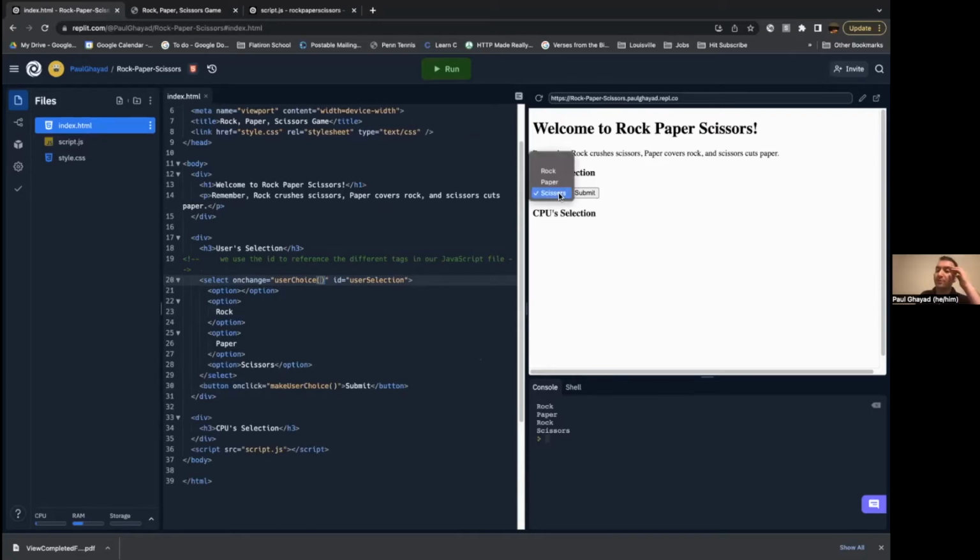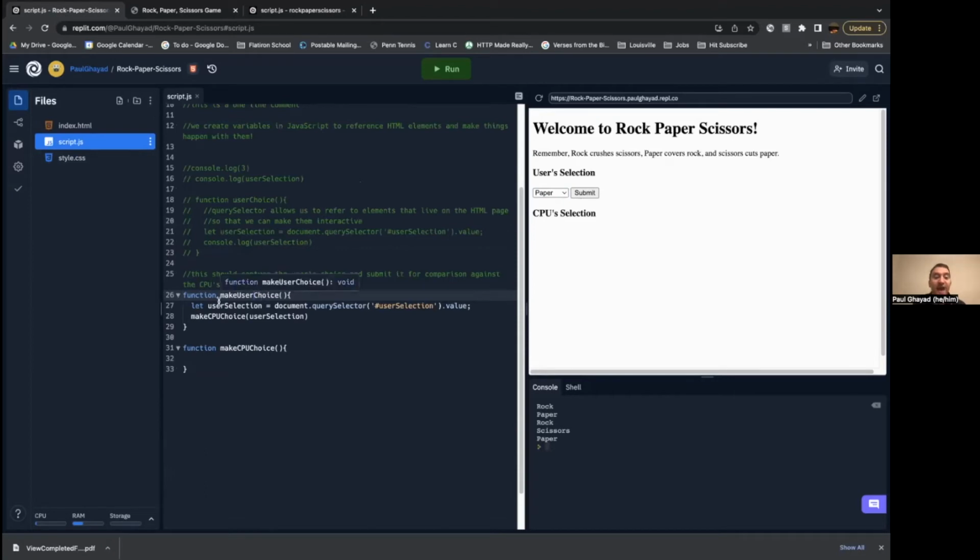So we don't want to compare our choice with the CPU's choice when I make a new selection. We only want to make the comparison when I click submit. That's why I'm using an on click instead of the on change. So when I click the button, run this function called make user choice. Here's make user choice. It captures the user's choice, and it runs another function right after, which is make CPU choice,